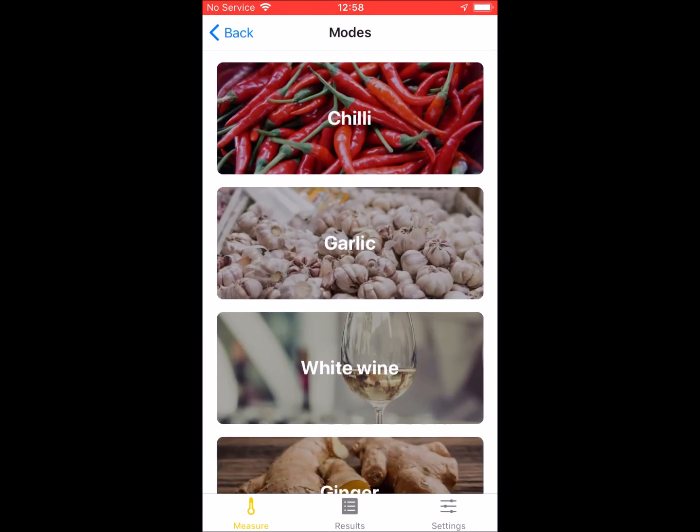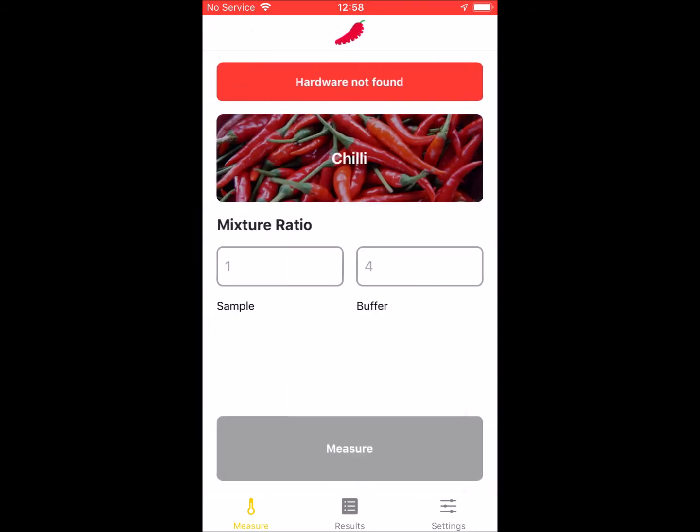So in the chili, the response factor is: you use the FoodSense chili pot to measure the hotness of your product. Now, if you have historical data and that historical data came from HPLC, then you may want to be able to compare, let's say, the new data from the chili pot to historical data. So what we basically do is you'll get a result from the chili pot, but in settings,